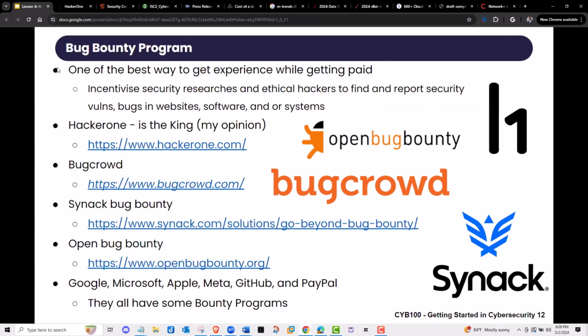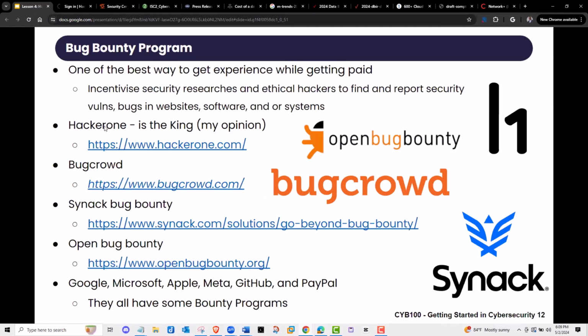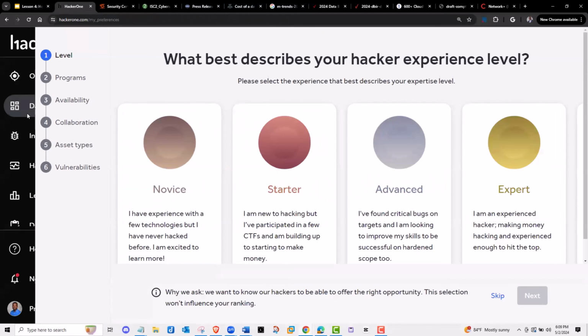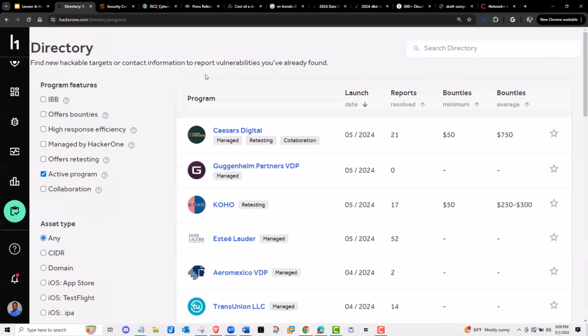There was a marketing campaign of a guy who became a millionaire, literally a millionaire, from doing bug bounties. And he was featured on HackerOne because most of what he was doing was on HackerOne. So with bug bounties, you've got these companies, they're all going on platforms like HackerOne. Let me go to the directory. They're all going here. They're telling everybody, hey, look, you can hack us, and here's what you can hack.